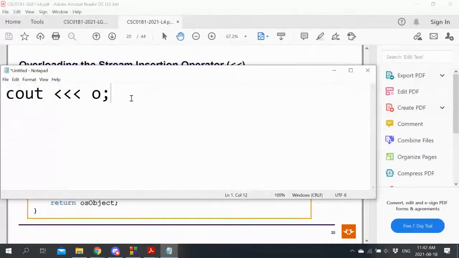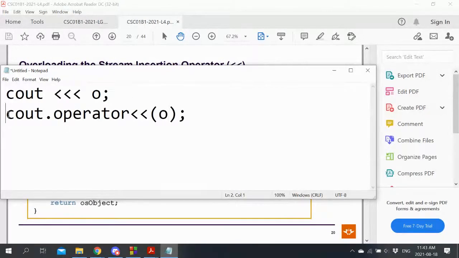If we're not the left-hand side, then C++ will try and do something like this: operator, blah, and specify O as the parameter. Now cout won't have a pre-built-in member function called operator that understands our object type, because our object type comes after cout. It doesn't exist yet.